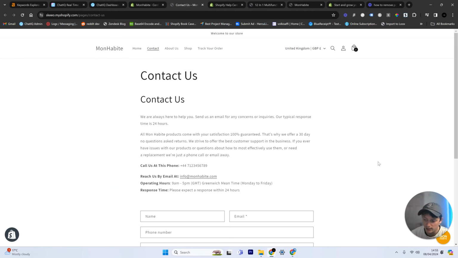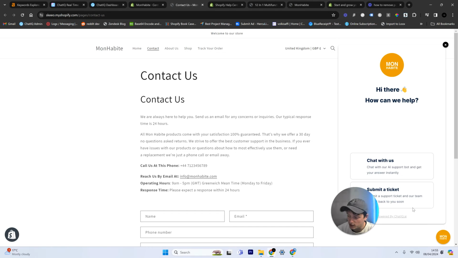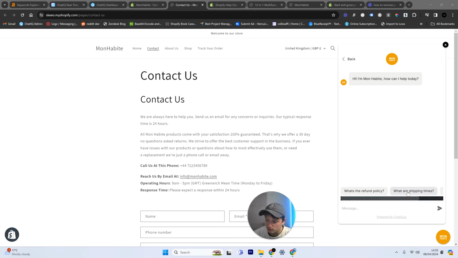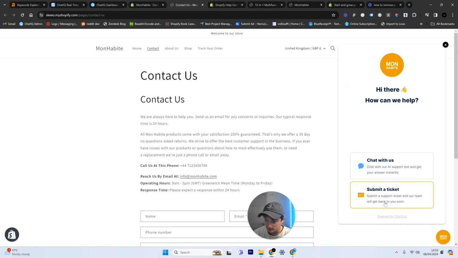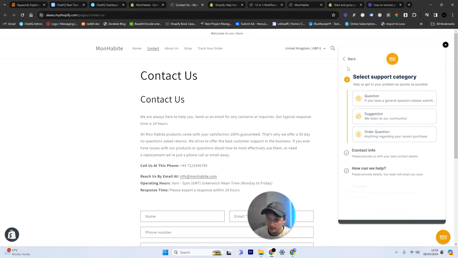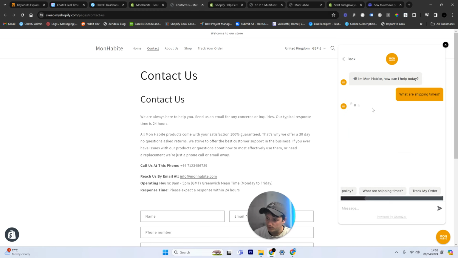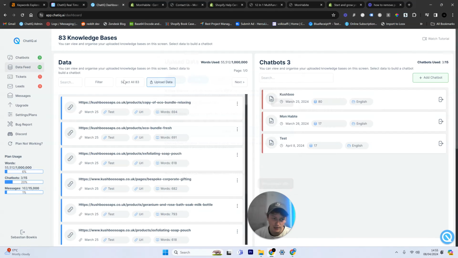This is what we're building here, by the way, is this chatbot in the corner, which is going to be able to deal with all sorts of questions from our customers and automate support ticketing. You can see here we can gather a support ticket and we can get responses from the AI for our questions. So once we've got all of that data loaded in, I've already done this,